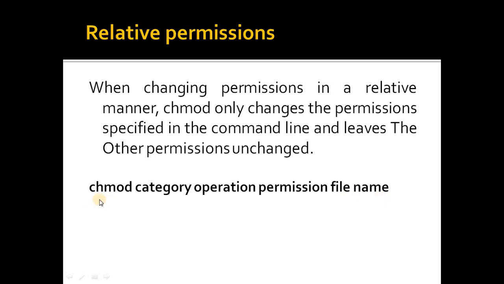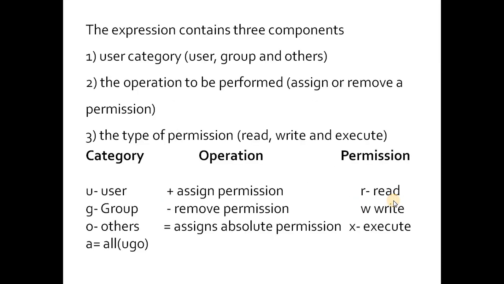So the syntax is chmod, category, operation, permission and file name. The expression contains three components. First is the user category, so it may be user, group and others. The operation to be performed, assign or remove a permission, and the type of permission, read, write or execute permission, which